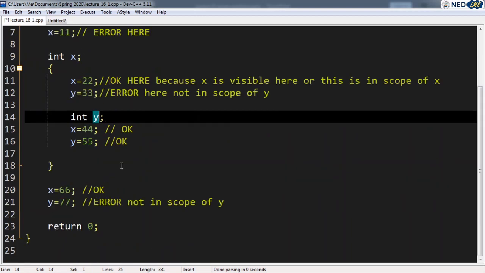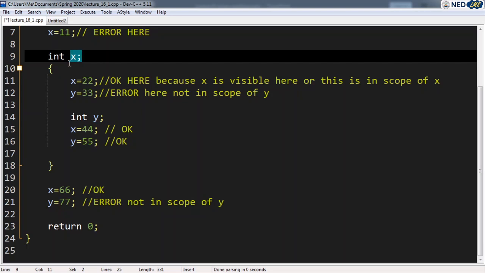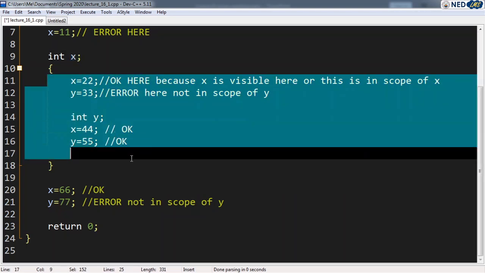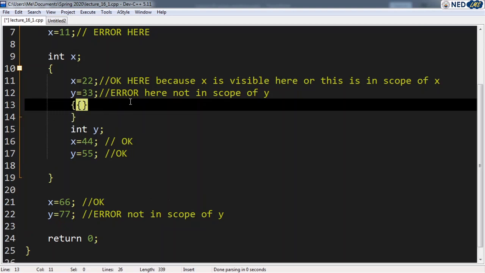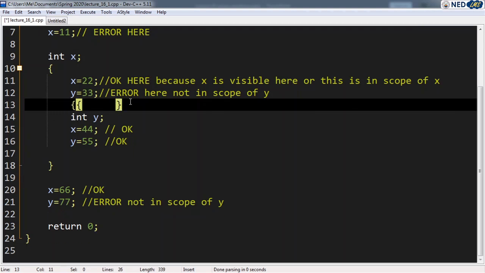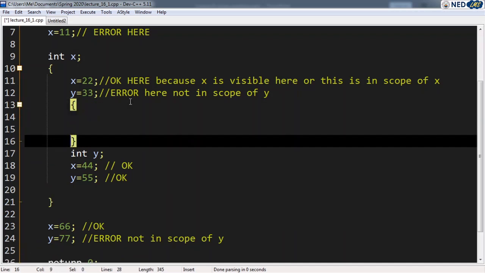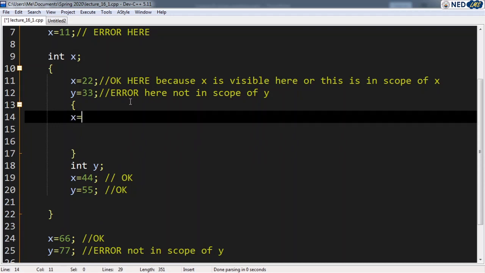Now pay attention over here, that x equals 66 is okay because x is declared here, and it's visible inside this code block. Even if I just declare another code block, x would also be visible over here, so no problem about that. Now if I just delete it,